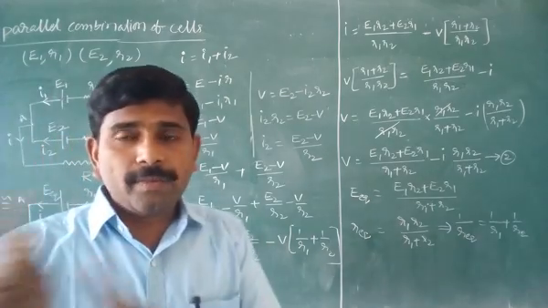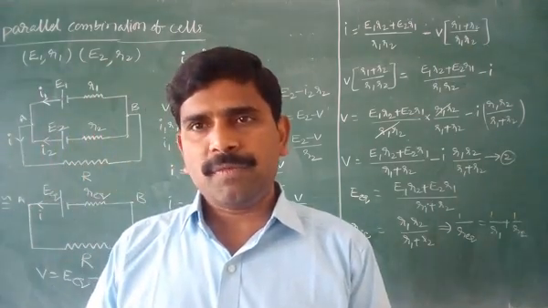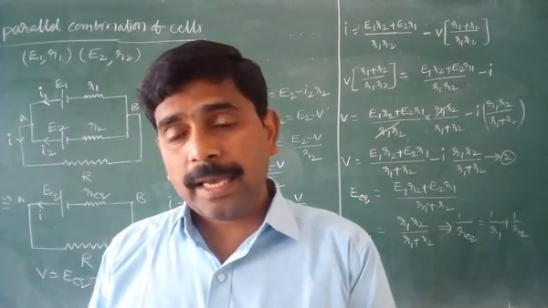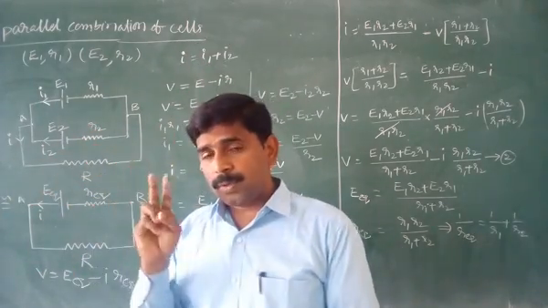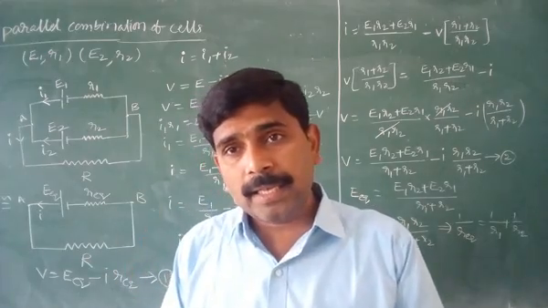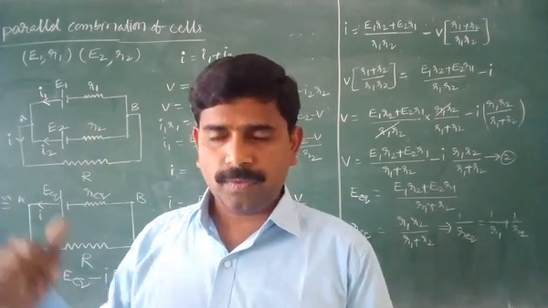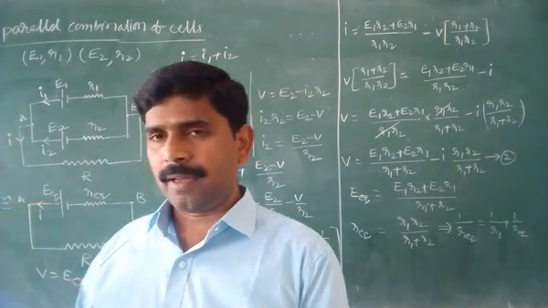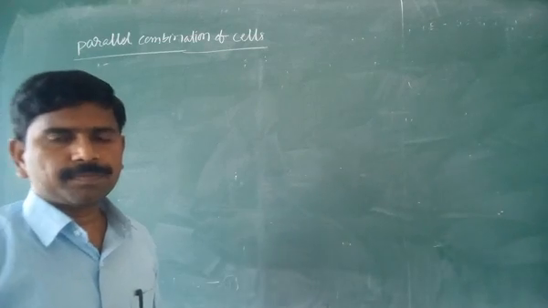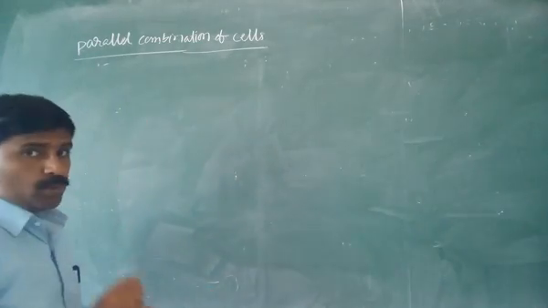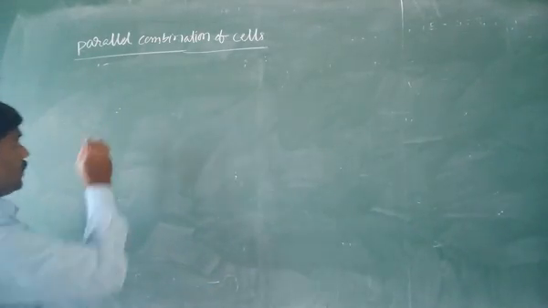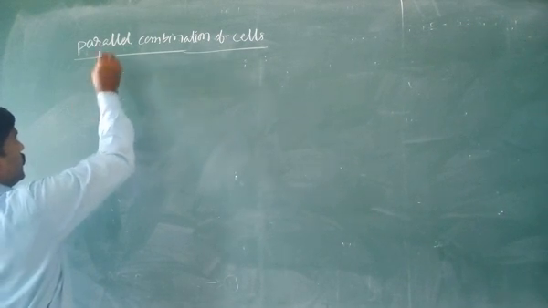In case you reverse that, then the effective EMF is equal to how much? At the same time, here we are taking only two cells. In case you are taking three cells, what is the equivalent EMF? One by one we are solving that also. Listen. So two cells are connected in the series combination. Observe, when two cells are connected in series in the helping manner,